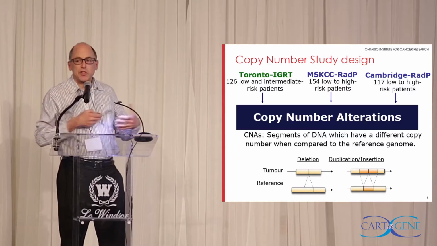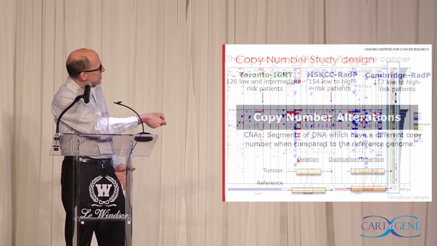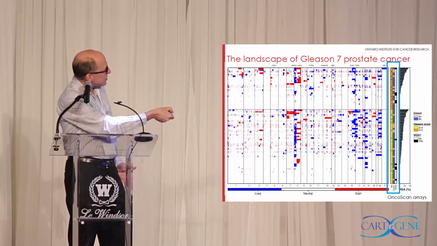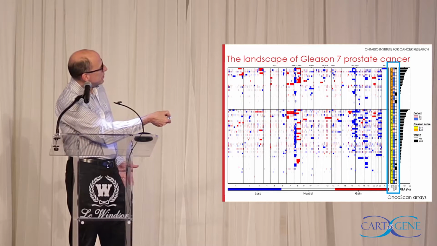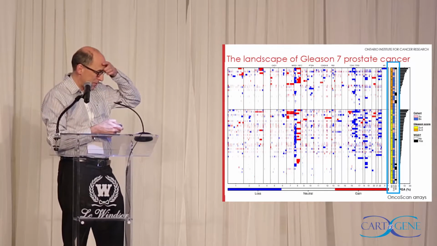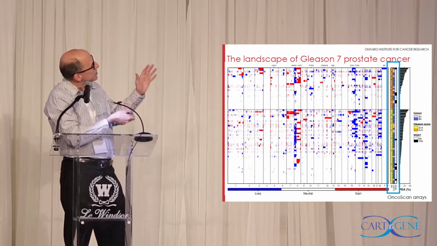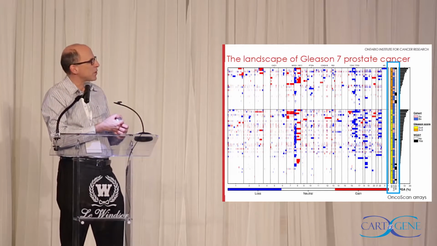When we look at copy number changes across the genome, we actually see different things. You see some tumors which have very few changes, so you see mostly white. You have some places where you have deletions, which are in blue, and some places in red, which is amplified. And if you compare the genomes to the normal, these are different ways of looking at the clinical correlates. It's hard to see patterns that correlate between the clinical criteria which are used and the genomic criteria at this point.